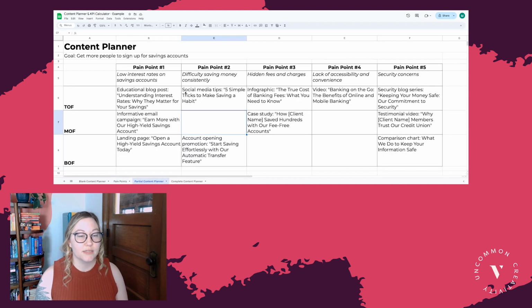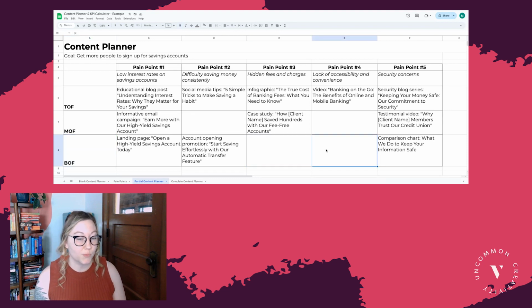So what that looks like is if I had a blog or a current content strategy and I knew I had content out there, I'm going to find that content and place it into each of these fields. So this is content that I already have on my credit union's website that is essential to these steps in the process. So we have awareness blogs and content. We have middle of funnel content, but we are missing some for these two pain points. And then when they are in decision phase, we're missing a couple here as well.